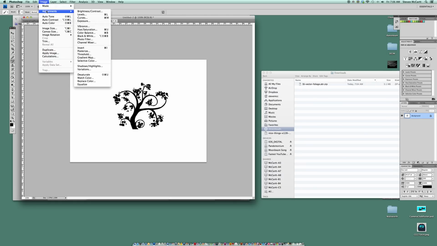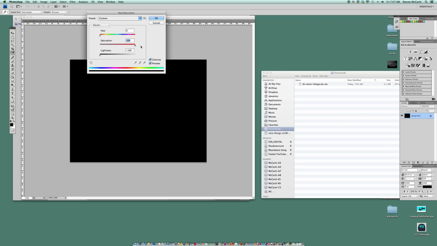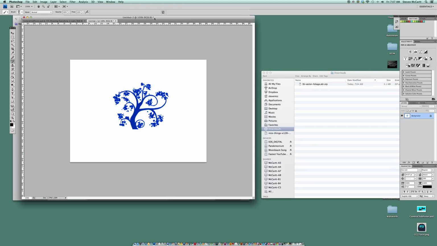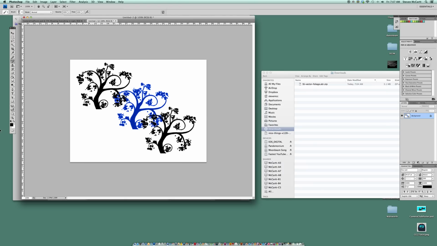You go to Image, Adjustments, and Hue and Saturation, and you click Colorize, and then drag your saturation all the way over, and I believe he said the lightness, nope, not the lightness all the way over. So maybe the lightness right about there, and then you can drag your hue across and back and forth until you find the one you want. Then you say OK, and there's your brush, and then you can create other brushes like that. So that's how to